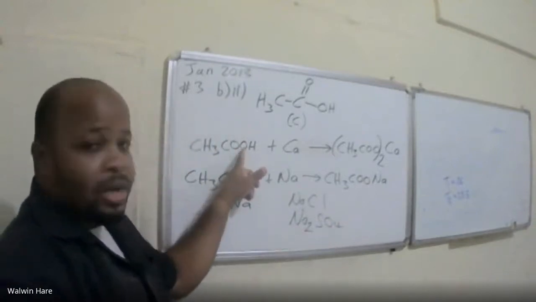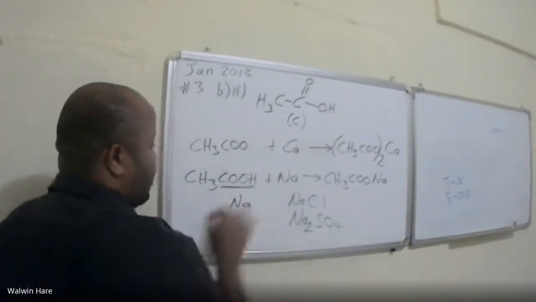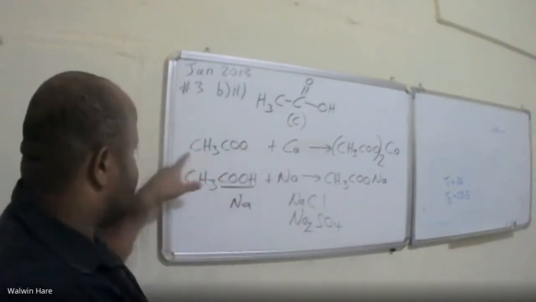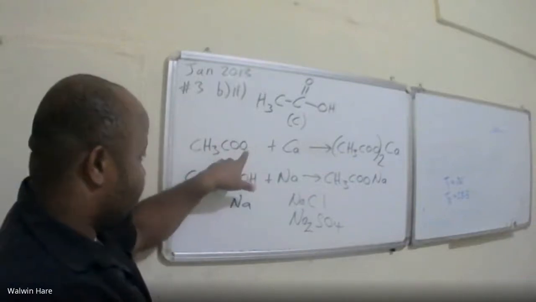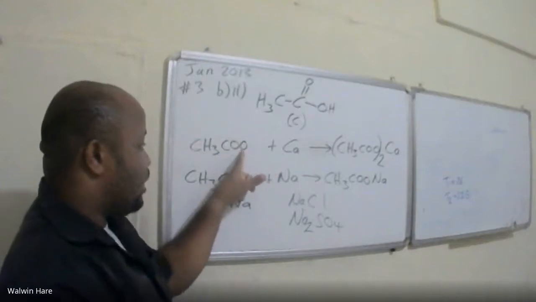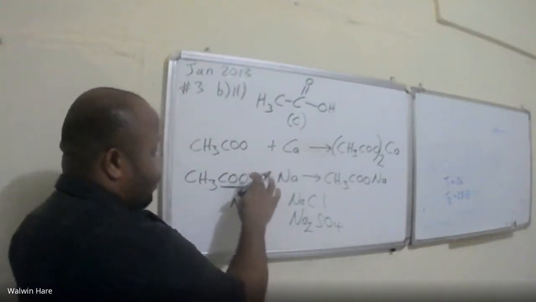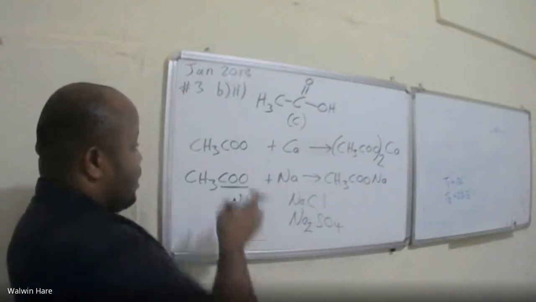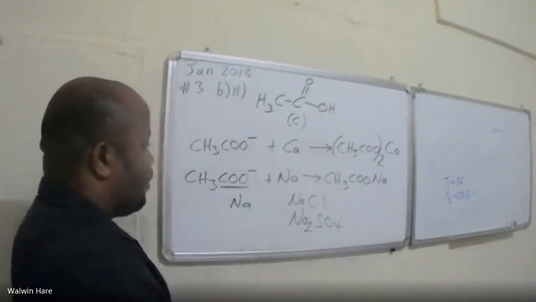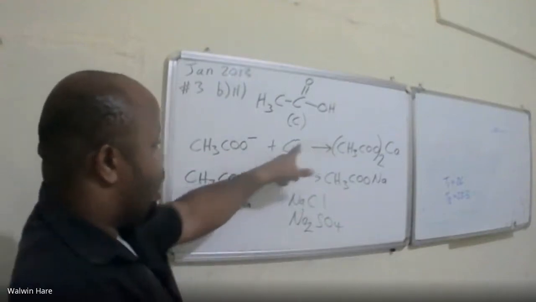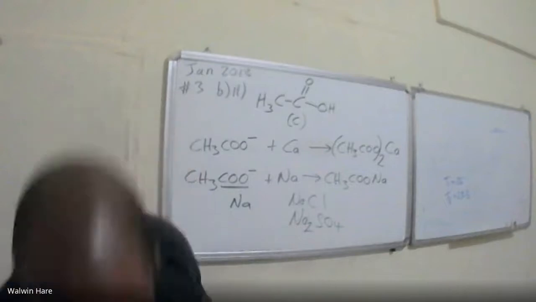Now, for the carboxylic acid, it is the same thing. You are displacing the hydrogen of the COOH group, not any of the hydrogens in the alkyl groups, the CH3 groups. It's specifically the hydrogen of the carboxylic acid group that is getting replaced. Now, when you remove the hydrogen, the ion formed here has a negative charge. Now, if it has a negative charge and your metal, when it is in solution, has a 2+ charge,